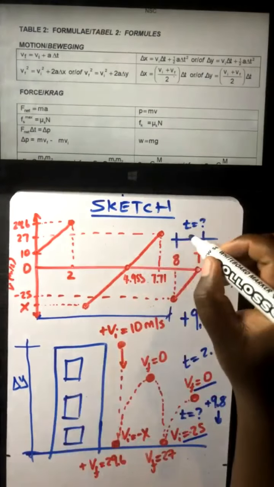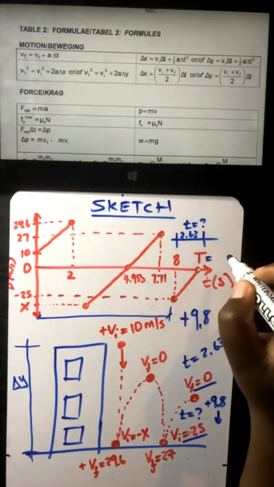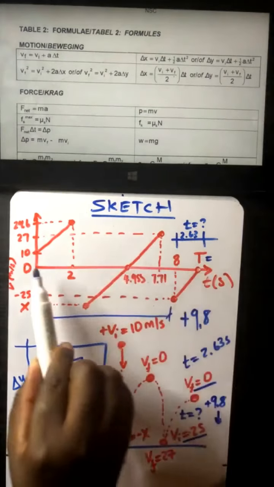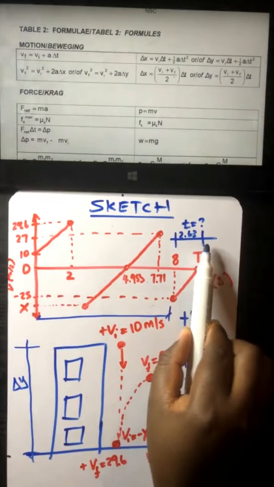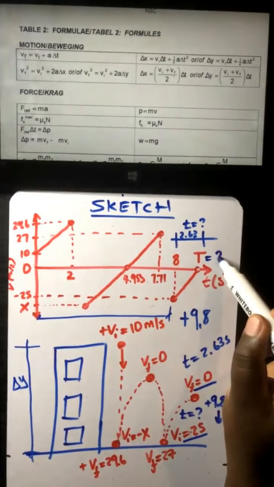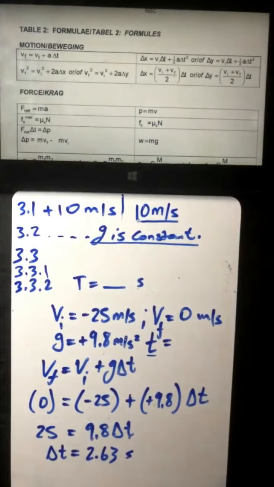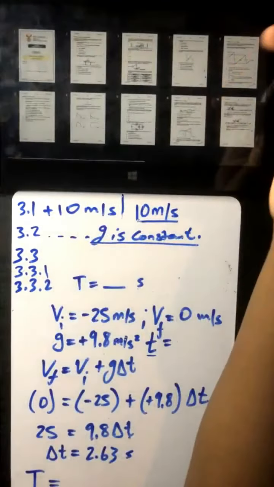So that means that time is 2.63 seconds. So I need to add all this time up to there plus that, and it's going to give me the value of time t. So that's what I've been trying to explain. So that means time t is going to be equal to, I think it has to be, let me see,